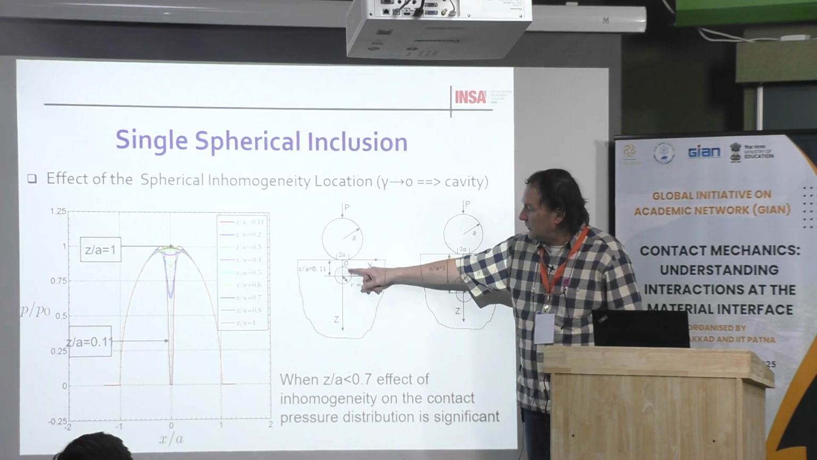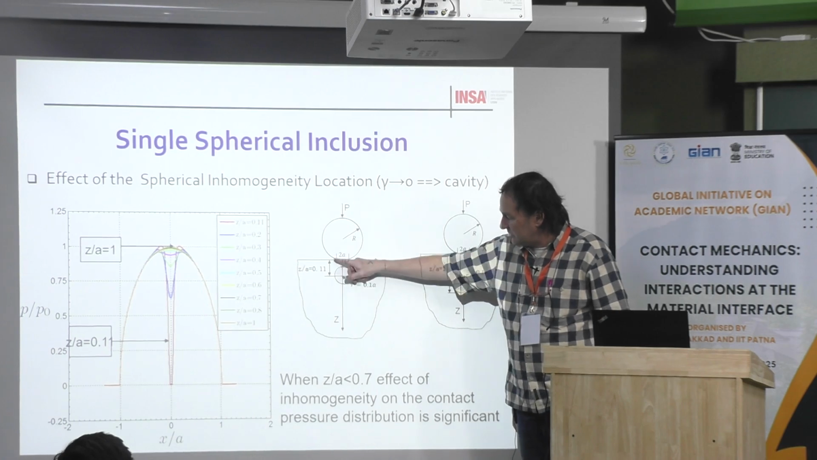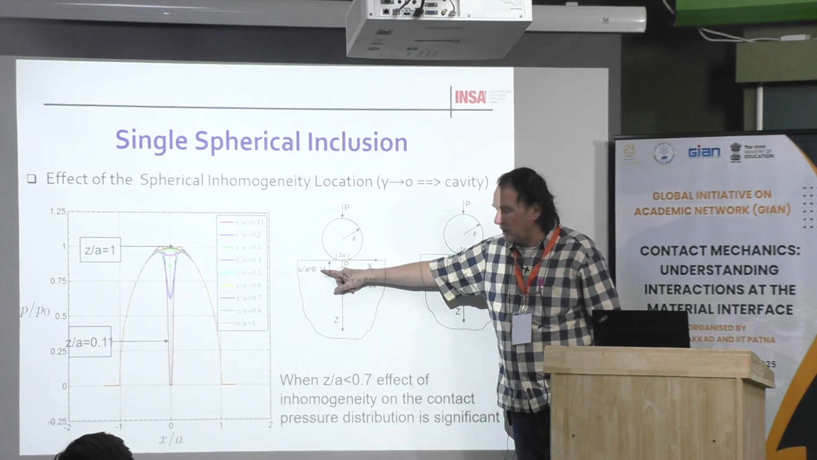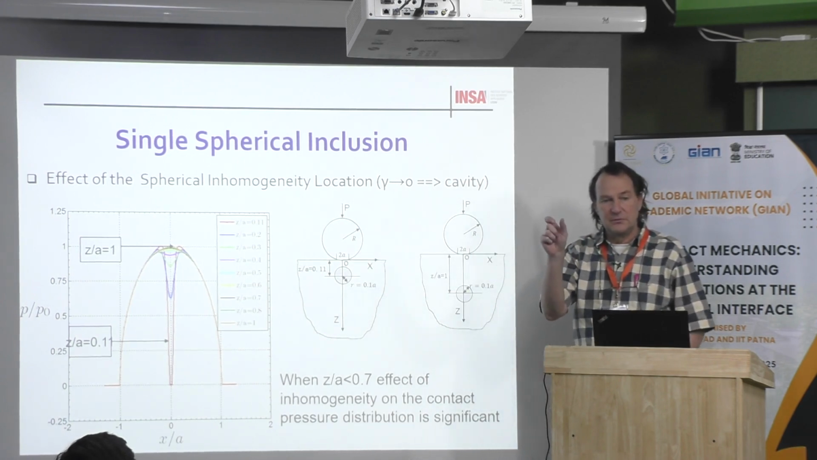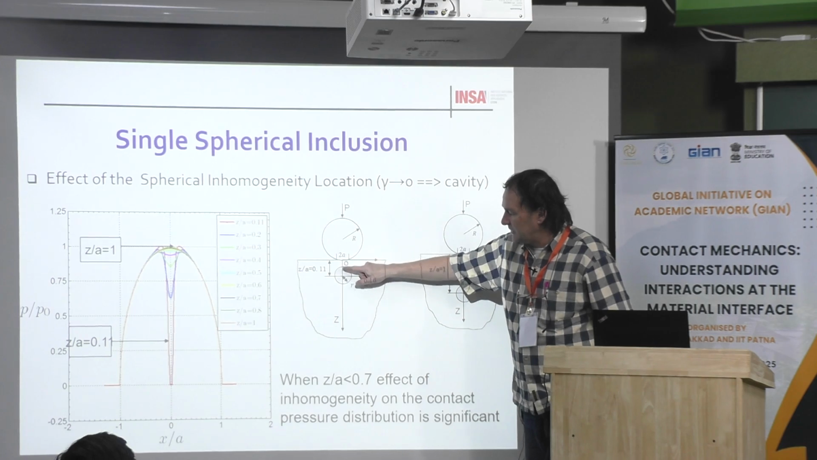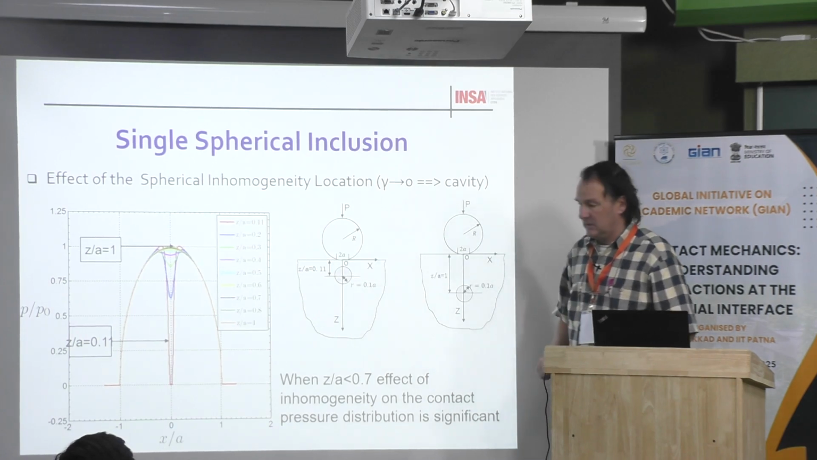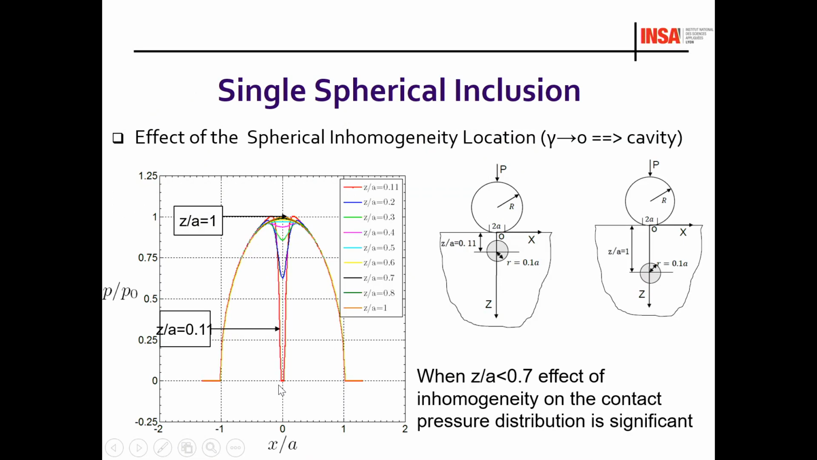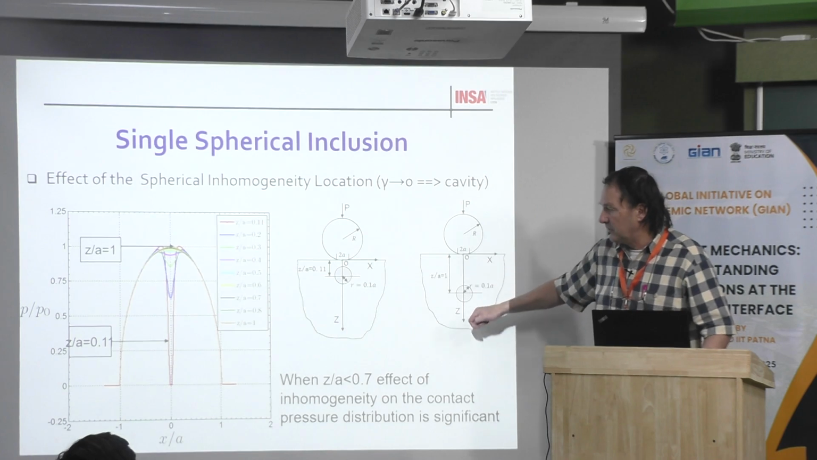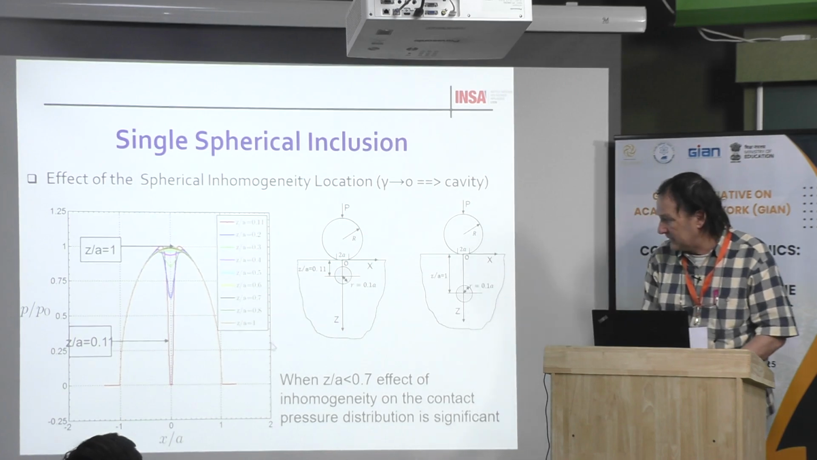And in the first situation here, you can see that the depth of the center is 0.11, which means that there is 1% of the contact radius material between the inclusion and the surface of the contact. Then this is the result, and you have almost no pressure at the center of the contact for this situation. And when the inclusion gets deeper and deeper, you can see, for example, that when the